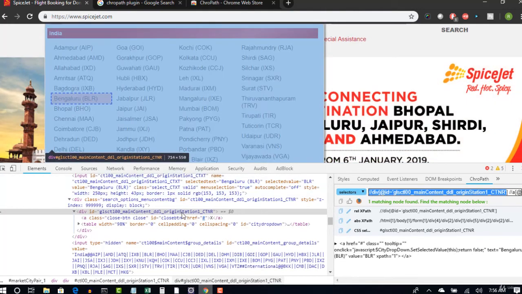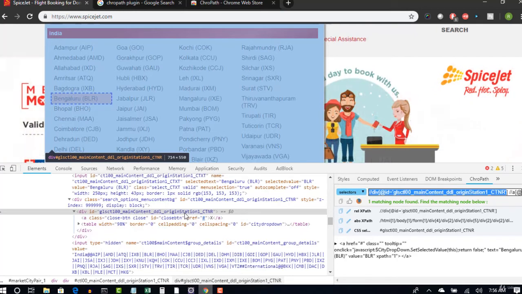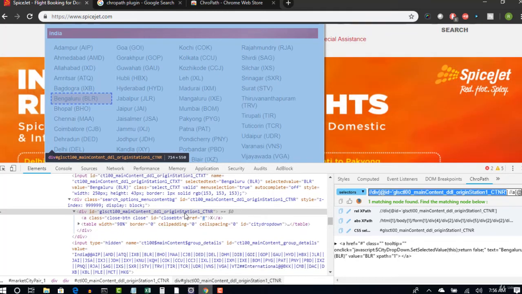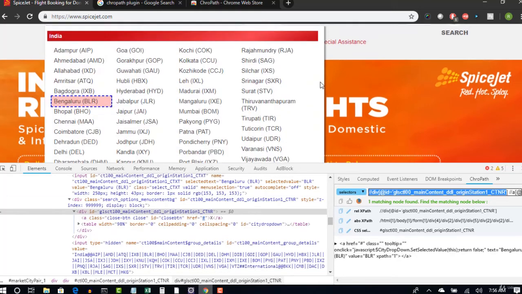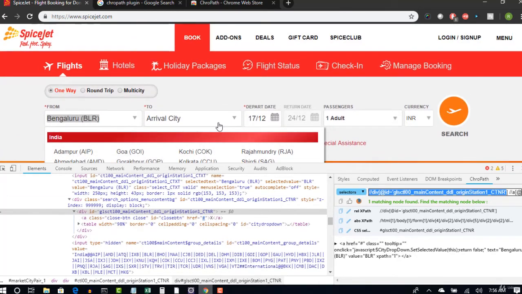Now when you give the parent XPath and highlight, it's highlighting the entire window, right? And now when you give the child XPath immediately after that, Selenium looks in this parent XPath only. So that means it will look inside this parent window only. It will not go and look into the other drop down. So you will get a unique match this time.